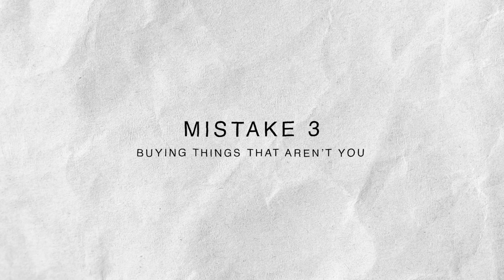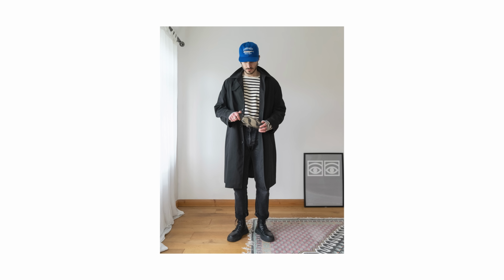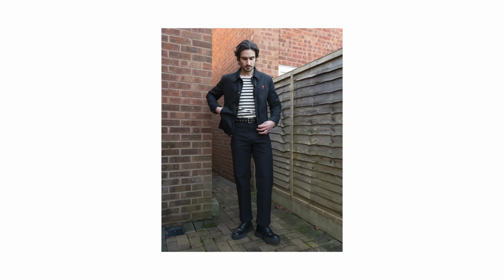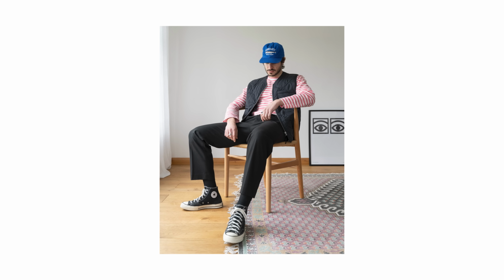So the next one is all about buying something different for the sake of having something different. But let me explain. Now this one is definitely a tricky one, and I do struggle with it still myself sometimes, especially with my job. But there really isn't anything wrong with wearing the same kind of items over and over again if it's what you like. If those are the items that you feel most yourself in, and they work really well for you,